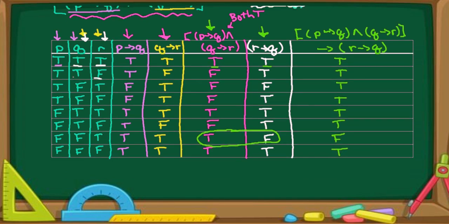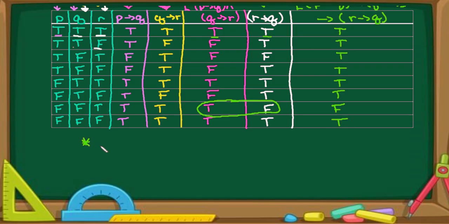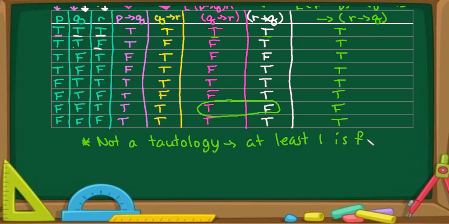statement. So since we showed that at one point, we can find the false statement, that this is not a tautology, which means that we have at least one false. So anytime this happens, then you would say that this is an invalid argument. So it's invalid if you do not end up with a tautology at the very end of your truth table. So this is a very lengthy process, but it's the best way of looking to see if a statement is